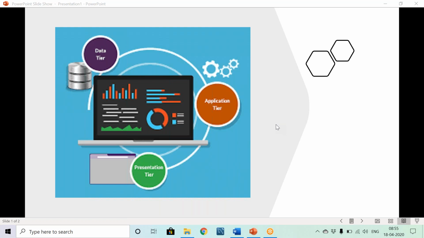So these are the core concepts of React. The applications that we'll be creating through React will be single page applications, also called SPAs.